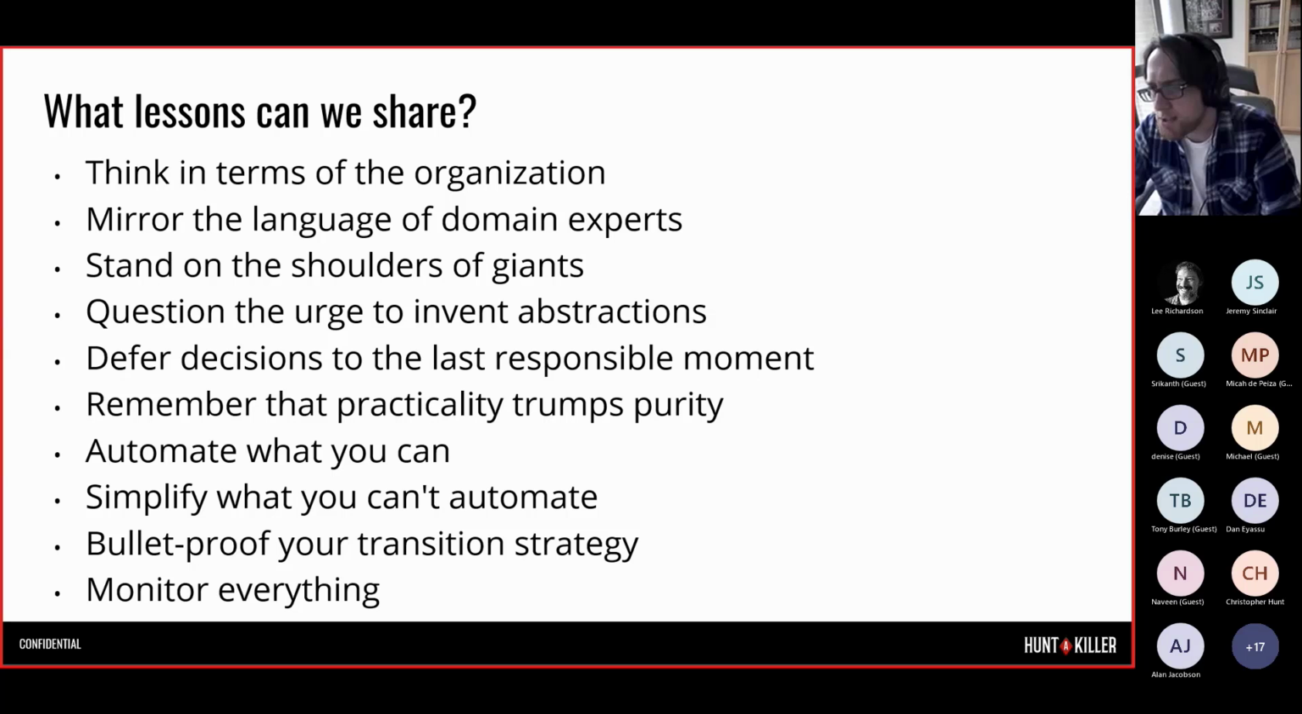The next lesson I want to share is going to be a difficult one. I think about the meme about the scroll of truth and the hard truth that it ends up saying and then throwing the scroll away. And that's: question the urge to invent abstractions. Ever since college and computer science courses or even YouTube courses on good software development, good architecture, it's been beaten into us to abstract,